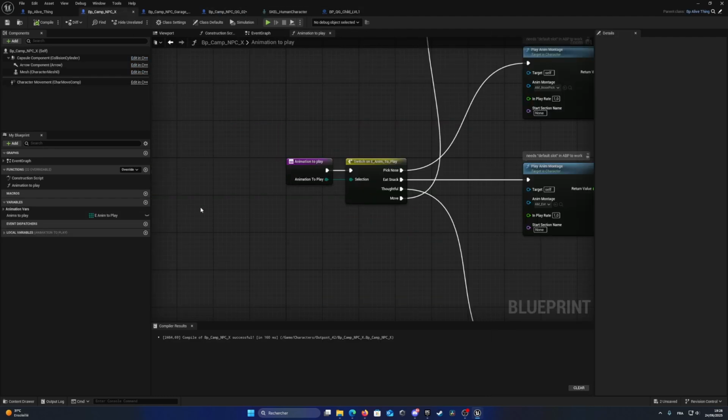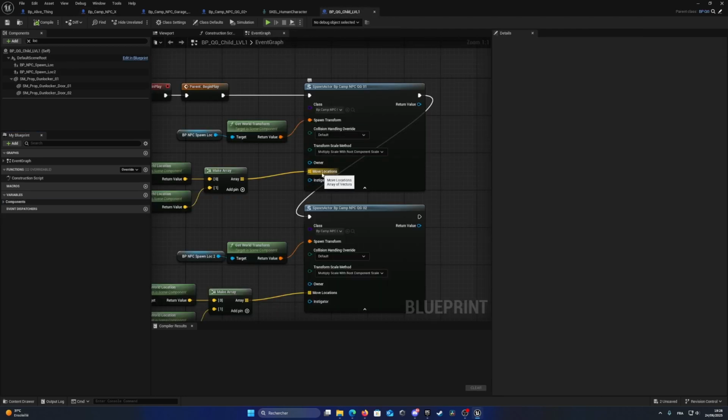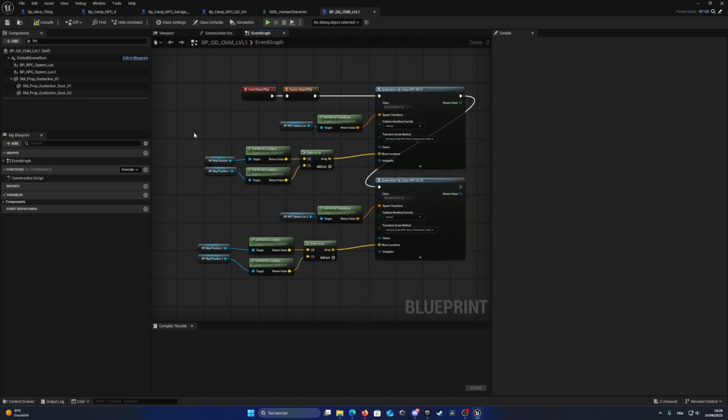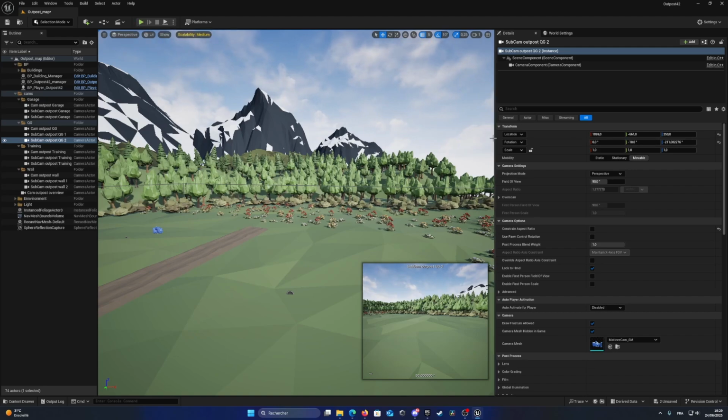going back into NPCx, animation vars, yeah, here you go. The animations, the variables that you create here in your parent, they should be instance editable and exposed on spawn. Doing that will make it so that this pin actually shows when you create your character. So I created character 1, character 2, and the result is